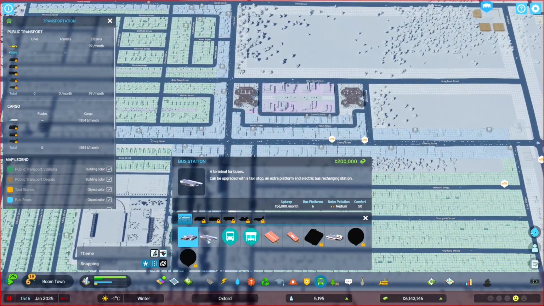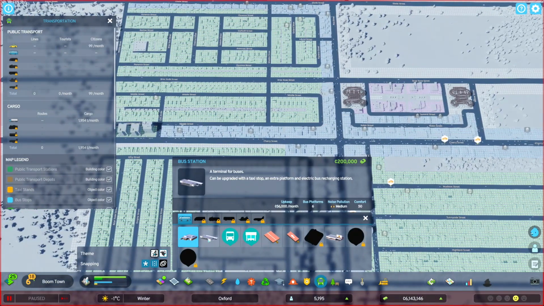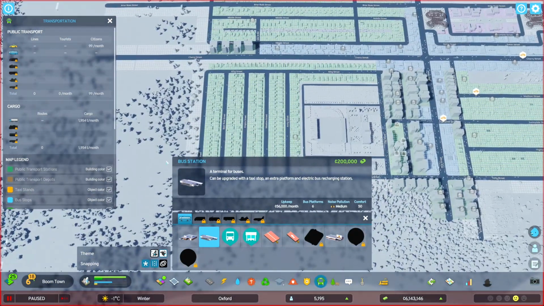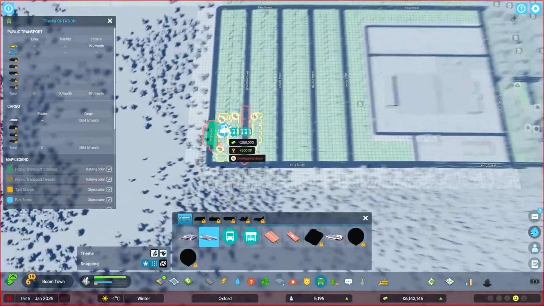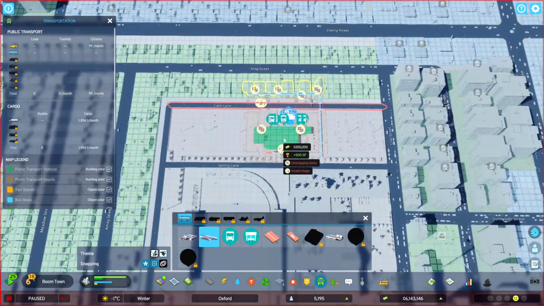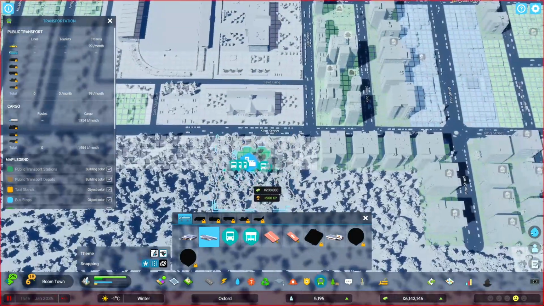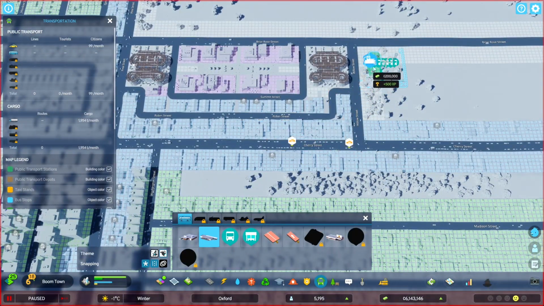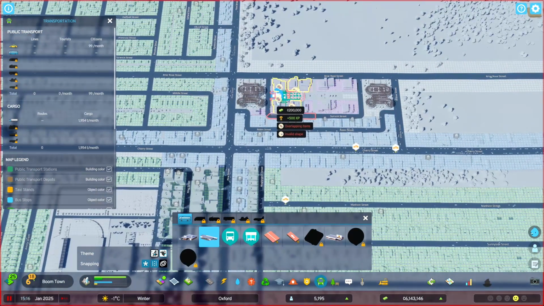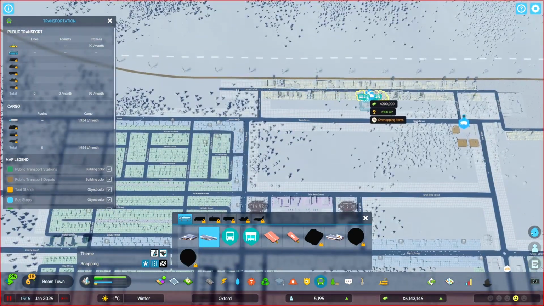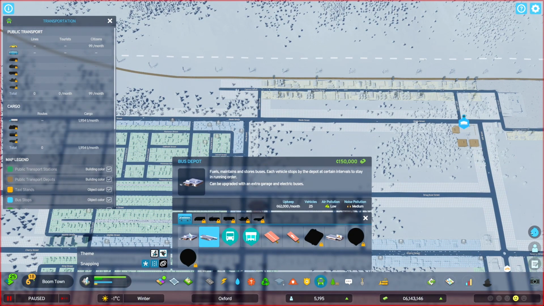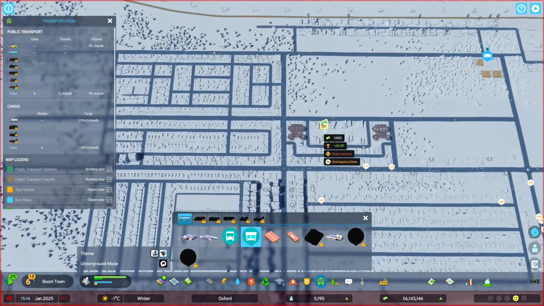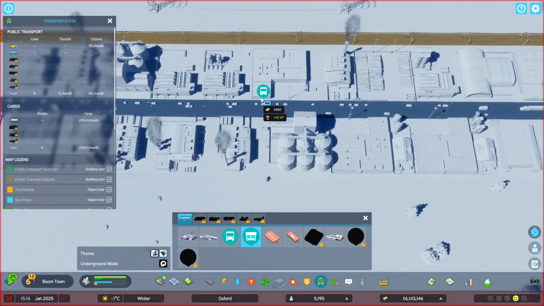So now for placing some places for our buses to stop. So we've got the bus station here, but it's quite a large asset. I don't really think we've got any areas that we really warrant a bus station yet. Maybe towards the office district, but we really need some higher density stuff before we can place it down. So I think we're probably just going to settle for the bus stops and shelters.